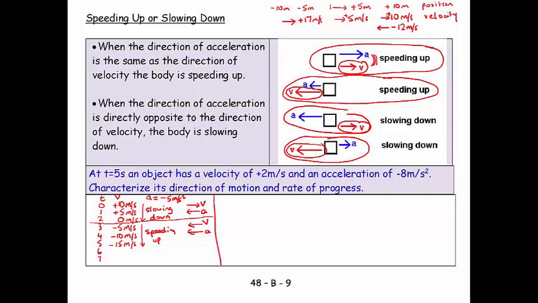So let's do this question. At t equals 5 seconds, an object has a velocity of 2 meters per second, positive, plus 2 meters per second, and there's my v, and an acceleration of minus 8 meters per second squared. So here we have minus 8 meters per second squared, and there's my acceleration. So what I can see from this is I am slowing down